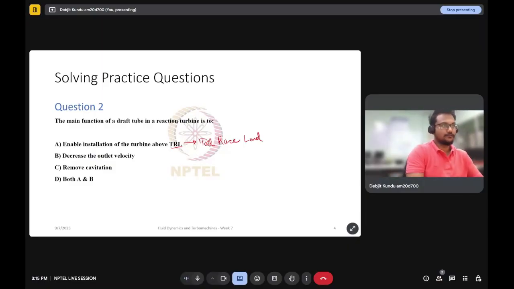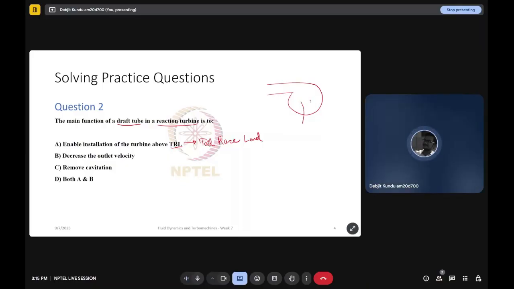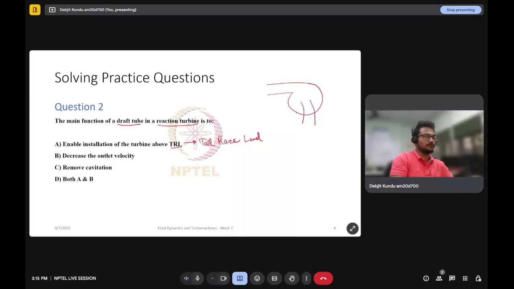So question number 2 of today's session is asking us what is the main function of a draft tube in a reaction turbine. So let's say I have a turbine like this. This is just for visual representation. Right? There's a reaction turbine, then maybe this is the outlet of it, and you attach a very big tube to it before letting it out on any reservoir or body of water,